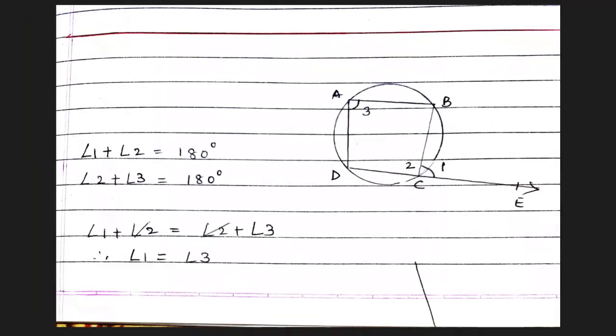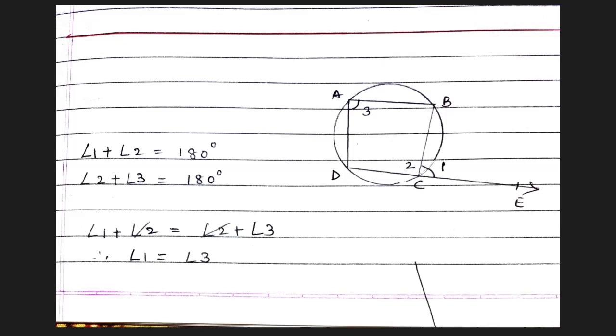Now what must you prove? Angle 1 is equal to angle 3. That is, the exterior angle of a cyclic quadrilateral is congruent to the angle opposite to its adjacent interior angle. So according to the theorem, we have to prove angle 1 congruent to angle 3. Just to make it easy for you, I have written it as 1, 2 and 3. You can understand this way, but finally when you write it in your classwork, please do write it as angle BCE is congruent to angle BAD, with those proper letters.